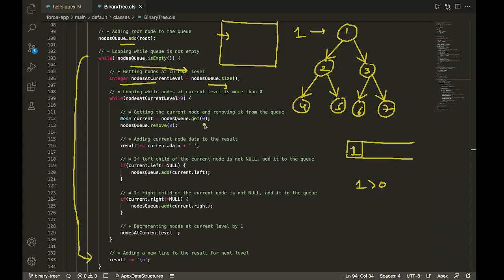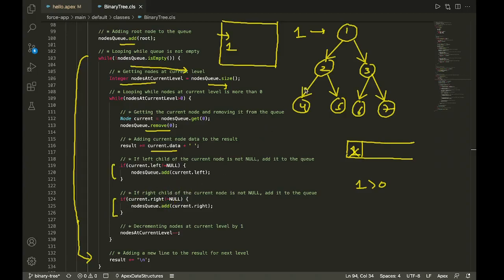I'll get the node from the queue and remove it from the queue. So I'll get 1 from the queue and remove it. And I'll add the data of the current node to my result string with a space. In our result string, 1 is added with a space. After that, I'm checking if the left of the current node is not null, and if the right of the current node is not null, add them to the queue.